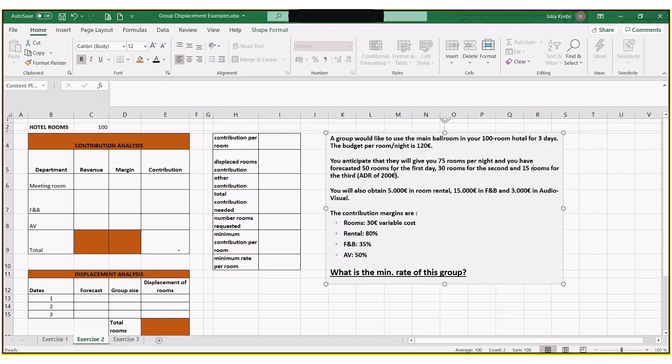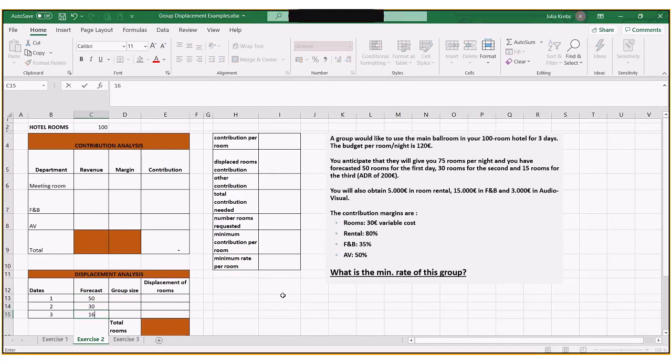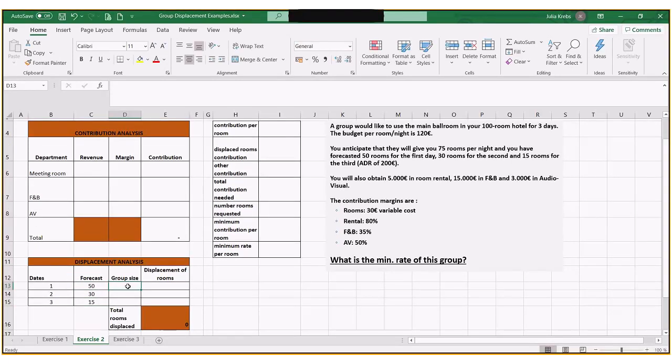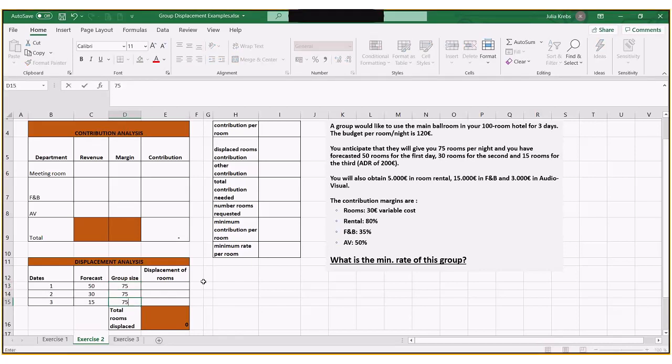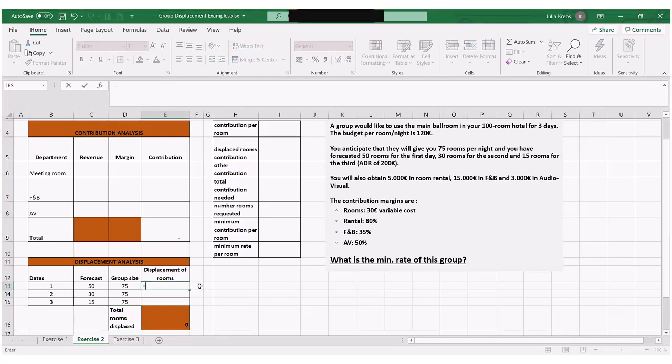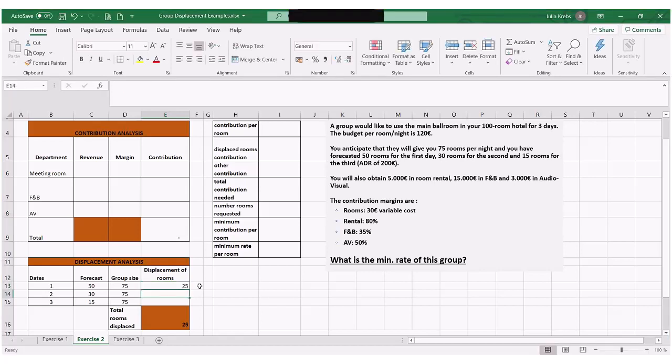Again, ADR is 200. So let's fill this in directly. We're going to say forecast 50 rooms on the first day, 30 rooms on the second, and 15 on the third. Group size is 75 per room per night. There you go. So we can calculate again how many rooms do we need to displace. 25